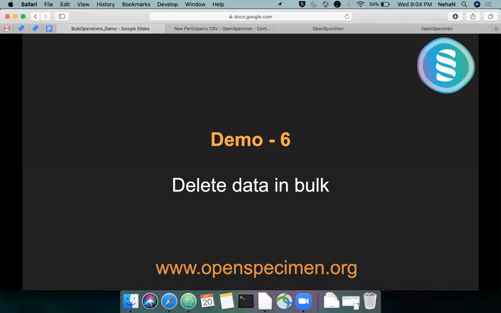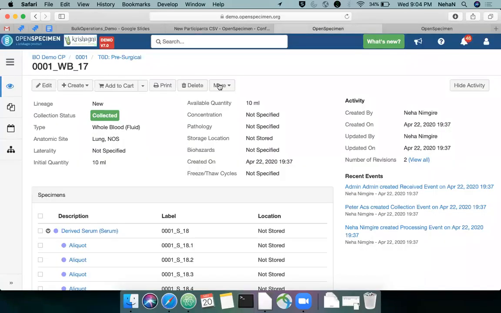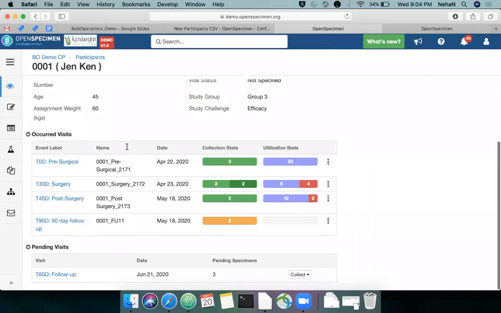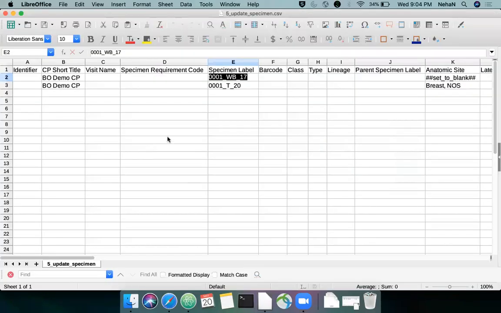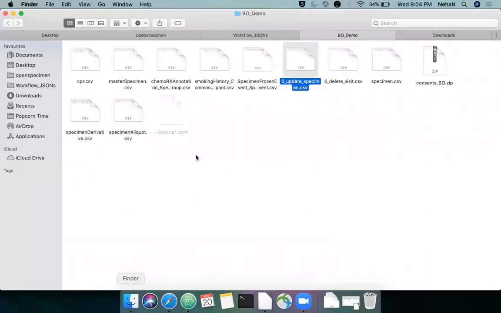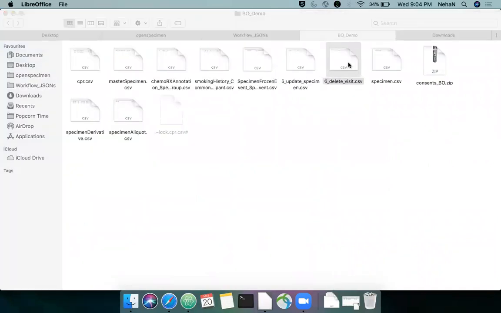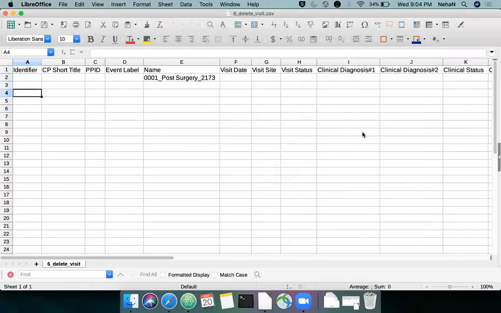Delete data in bulk. I have created some visits for testing purposes, and I want to get rid of those. All I need to do is download the visit template, add the visit name, and set the activity status. Activity status is a field that you'll find in almost all the templates. So this is the visit that I want to delete.